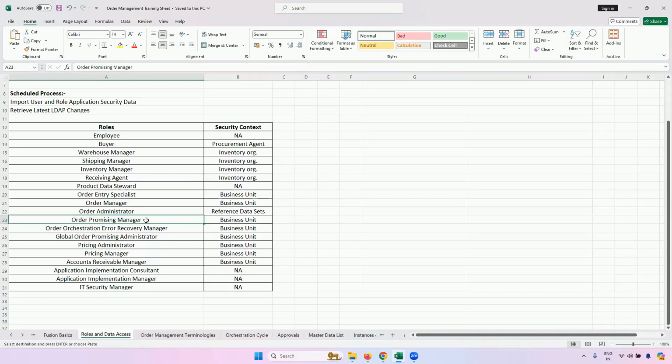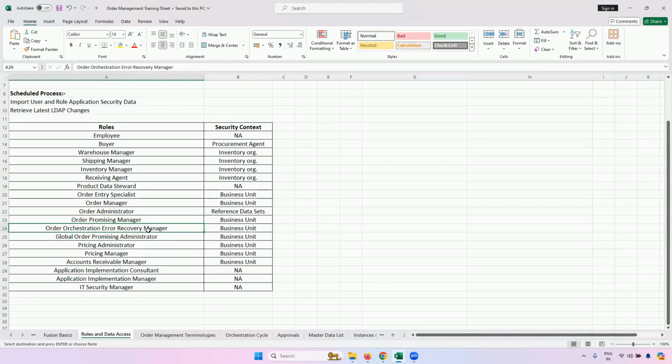Global order promising will decipher if there is available quantity for that item, which is the best warehouse to pick that item from, what would be the scheduled arrival date or ship date from your warehouse till it reaches the customer, and which is the appropriate warehouse from where you should be shipping it. All these are done by a module known as global order promising, GOP. In order to access GOP, you need to assign that user the order promising manager role.